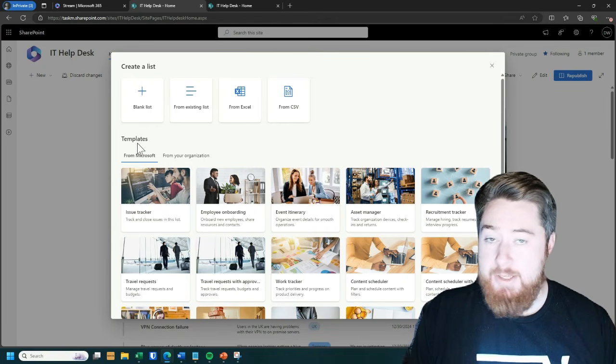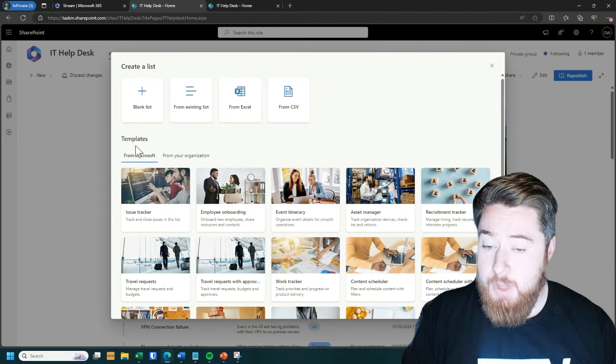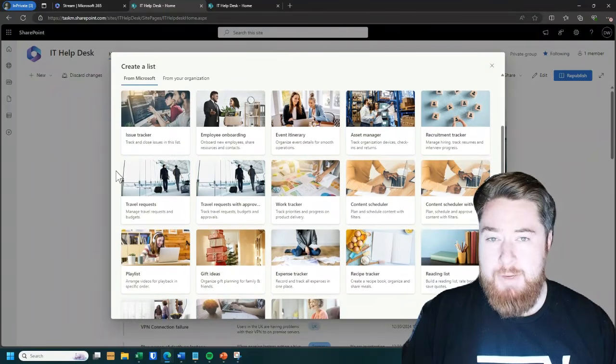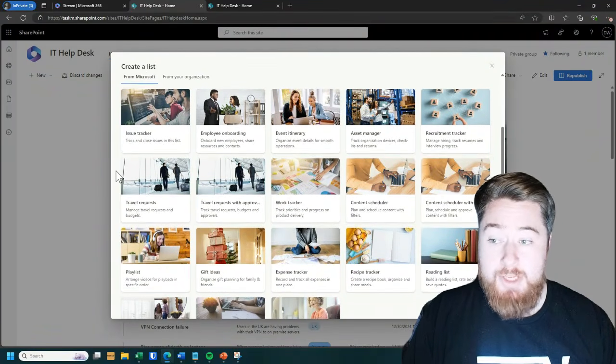So, there's a bunch of templates that Microsoft offer to you completely for free, and they're always kind of updating these and adding to them. But it gives you a good bit of an idea and guidance of what you could potentially be using SharePoint